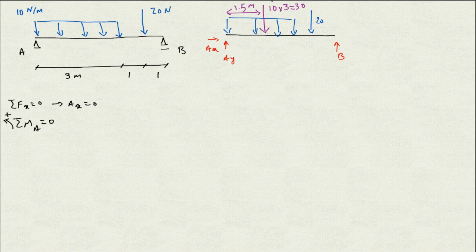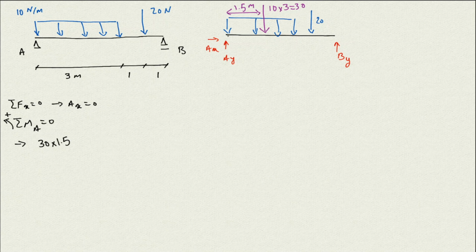And then we have the forces that have an effect: that resultant force here, this 20 Newton, and the By. So these are the three forces that have an effect on that. For the very first one, the force is 30, and the normal distance between the force and A is 1.5,